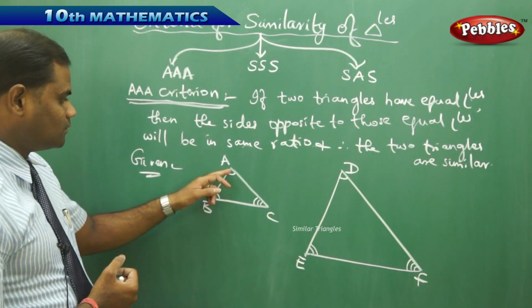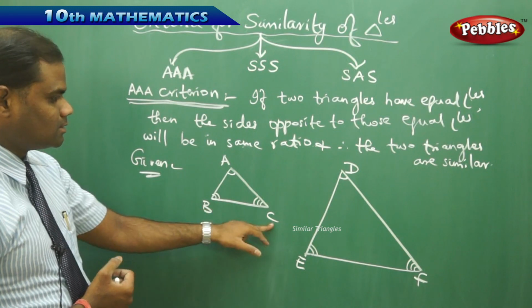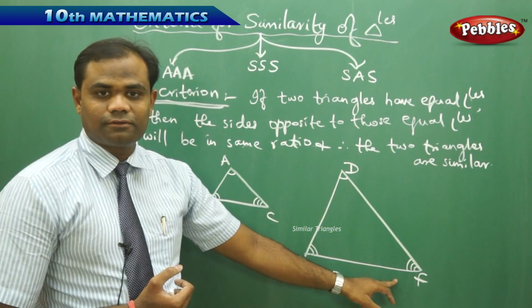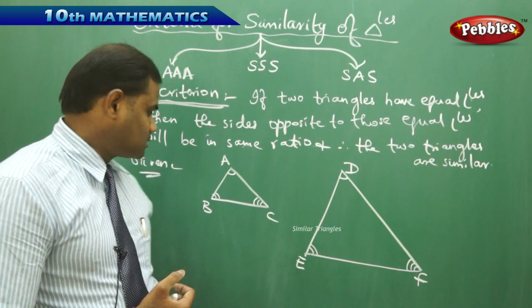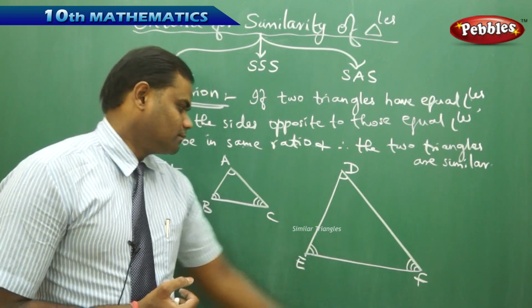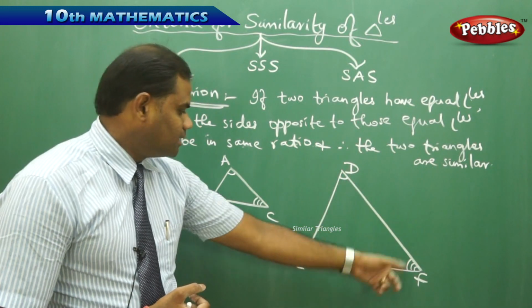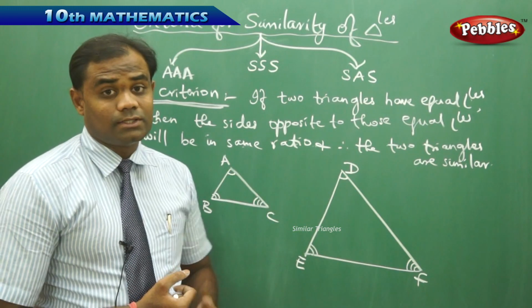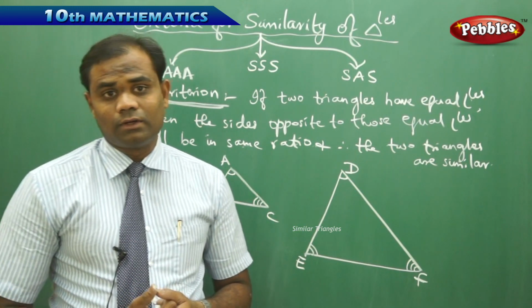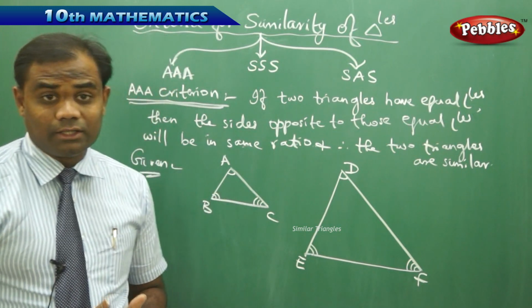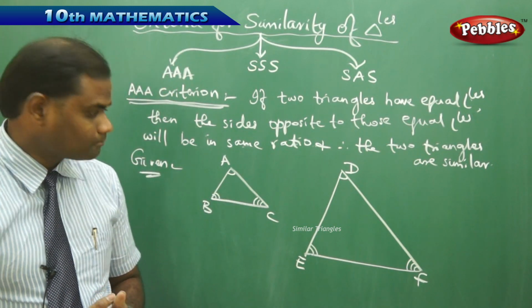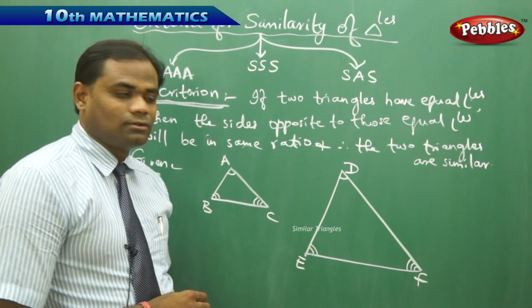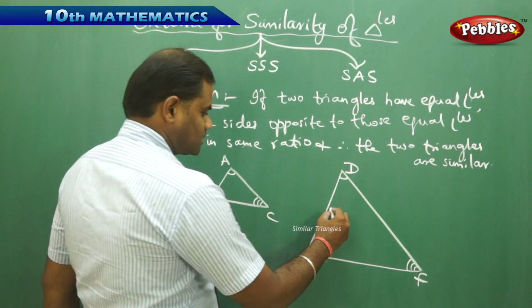That is, if the side opposite to A is BC and the side opposite to D is EF, which are the sides opposite to equal angles, then BC by EF will be equal to AC by DF, equal to AB by DE, which we are going to prove using the correspondingly equal angle properties. So in order to do that, what I am going to do is, first initially,